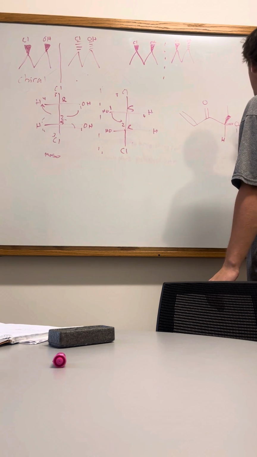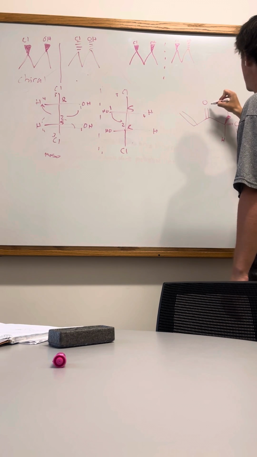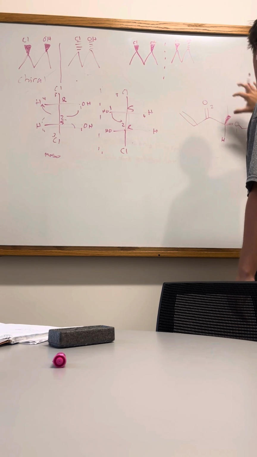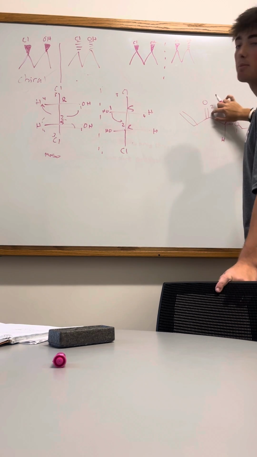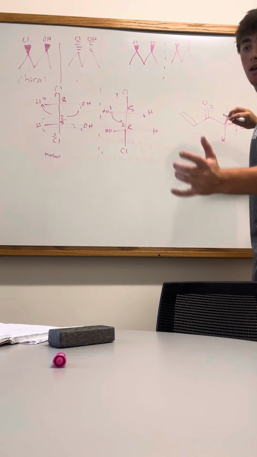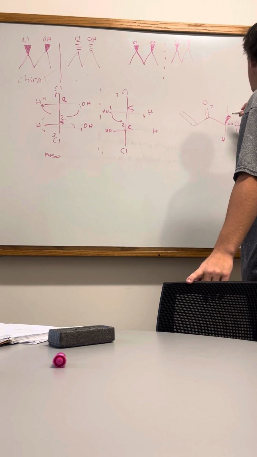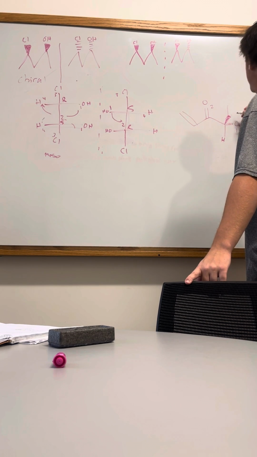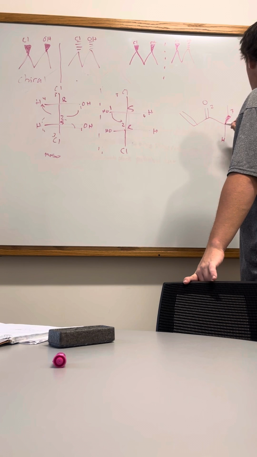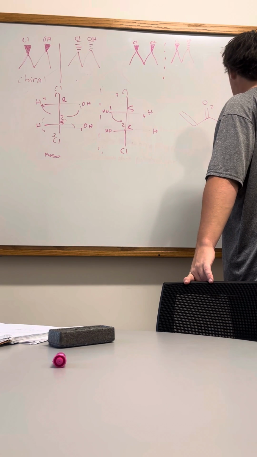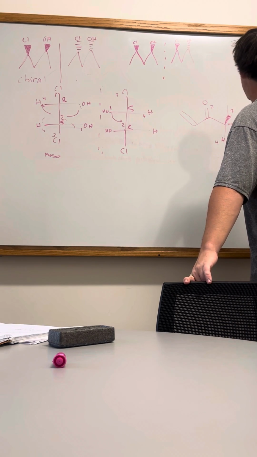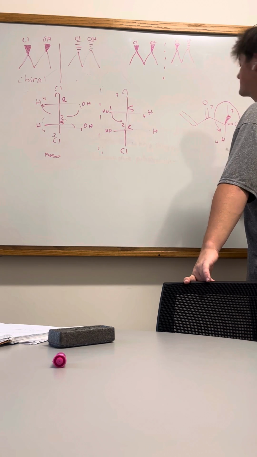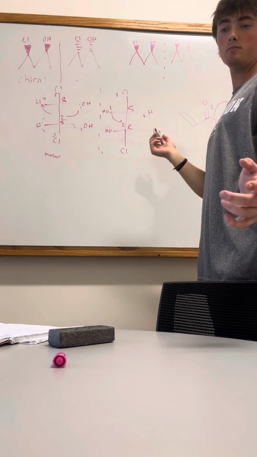So this one's going to be 1, which means this one is 2 because it also has an oxygen, but it doesn't have as much priority even though it has a double bond. It just doesn't have as much priority. And then the next one is this CH group here that is wedged. So then this will be 3, and then this will be the 4th. So we have to do it like this, meaning it's going to be counterclockwise. So that means